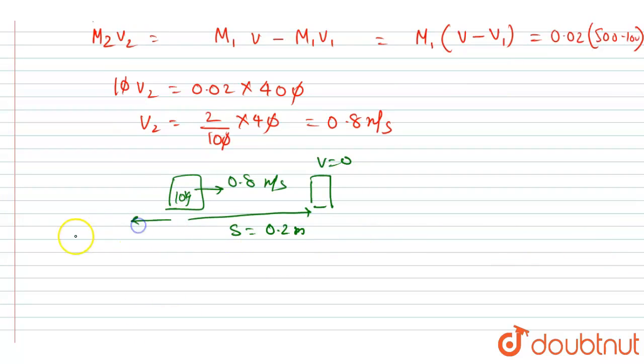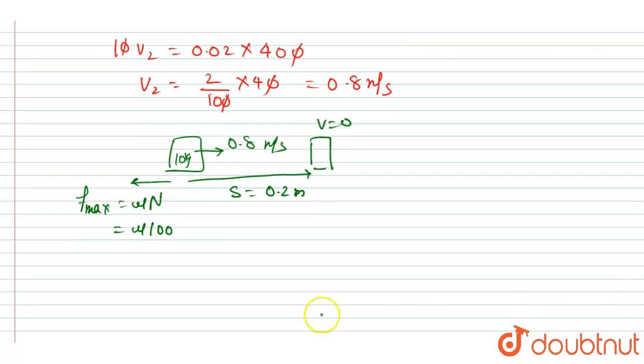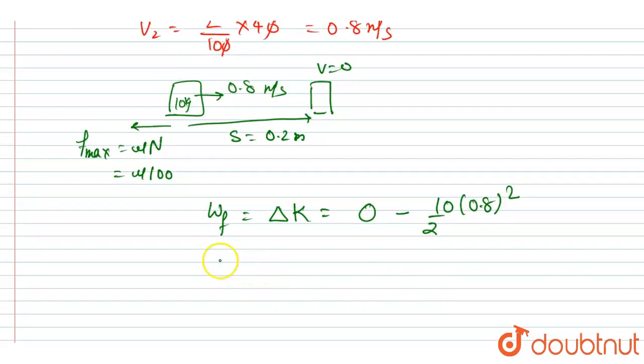So there is relative motion, so maximum friction force will act, that is mu into N, and N you can see is 100 Newton. So I will write here this. So let's apply the work energy theorem. So I will write work done by friction is equal to change in kinetic energy, and final kinetic energy is 0, and initial you can see half into 10 into 0.8 whole square. So the work done by the friction force, I will write mu into 100 into x, right, where displacement is given as 0.2. So I will put the value of 0.2 here